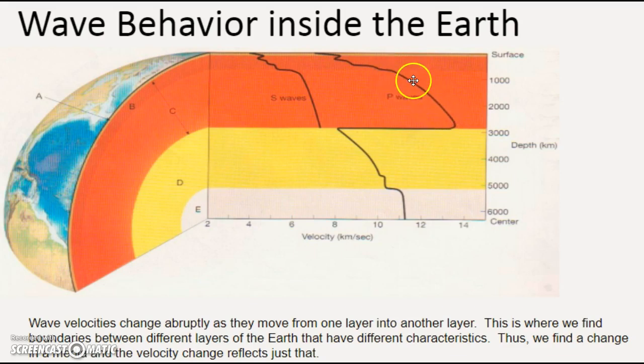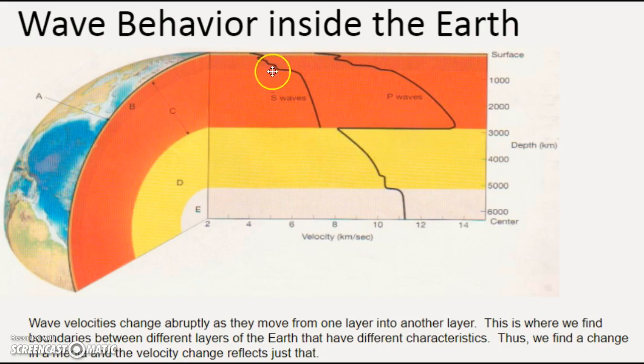Here we would call this the mantle. Primary wave travels really, really fast through the mantle. But the instant at which it travels from the mantle to the outer core, the liquid outer core, it slows down dramatically, almost instantaneously. So it goes from roughly 14 kilometers per second down to about 8 kilometers per second before speeding up again. And this is simply the result of the media change. It goes from a solid mantle to a liquid outer core, still traveling fast, but slowed down as it travels